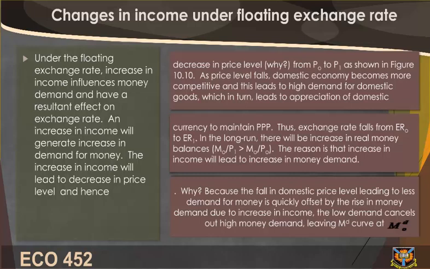Thus, exchange rate falls from ER0 to ER1. In the long run, there will be an increase in real money balances, M0 over P1 greater than M0 over P0. The reason is that an increase in income will lead to an increase in money demand. Why? Because the fall in domestic price level leading to less demand for money is quickly offset by the rise in money demand due to increase in income. The low demand cancels out high money demand, leaving